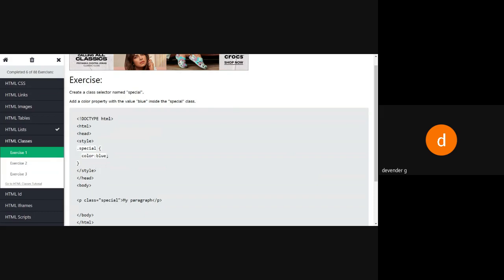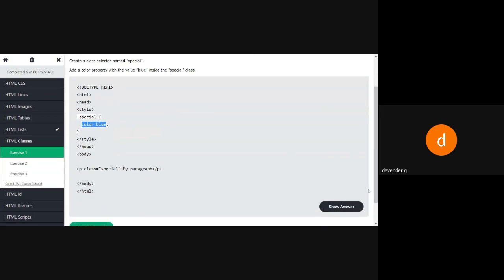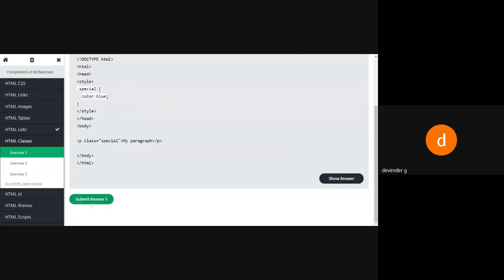So if I'm using class, then it should be dot. If I want id, then I'll be using the hash here. So right now he wants the class only. Open the braces, close the braces, and he wants the color as blue, and try to see the output for this.